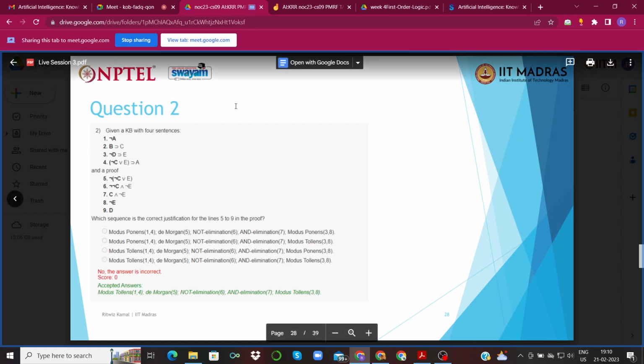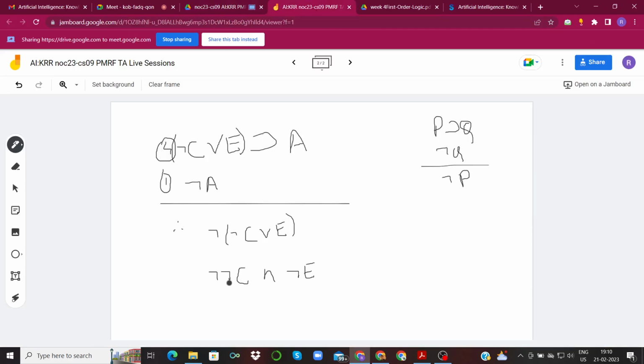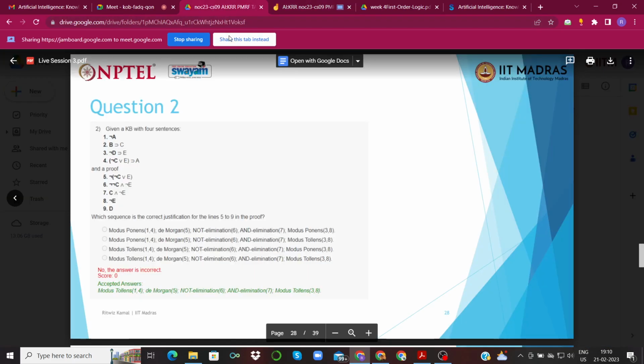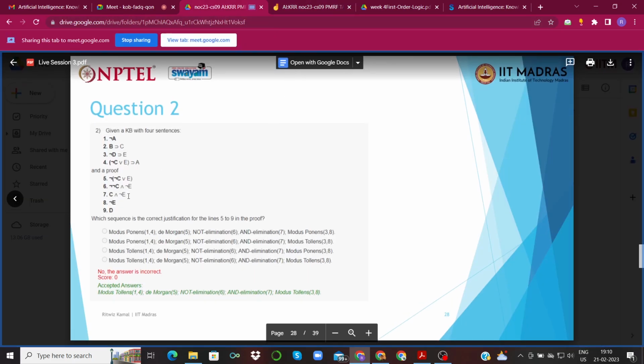Okay, next what they are doing is simplifying this particular part itself. Not of C is just C, right? So we can write this as C and not E. Okay, just simplifying this not of C, right? And then they are doing and elimination. So C and not E means we can reduce C as well as not E. So they are reducing not E from here, right? So we have 8 as not E,